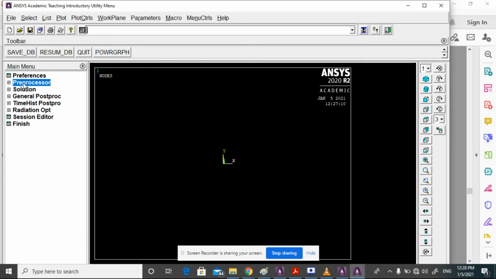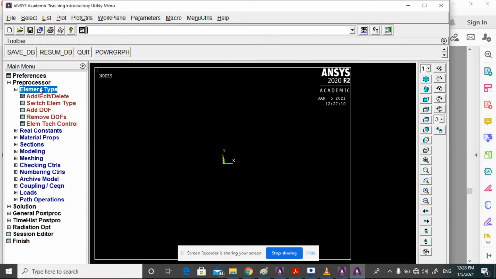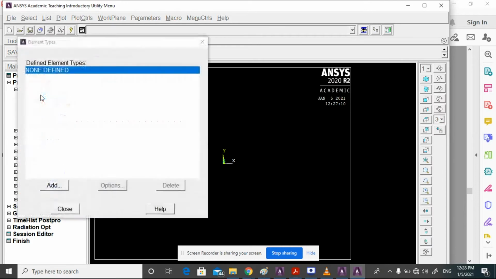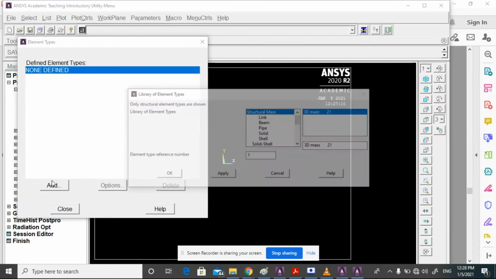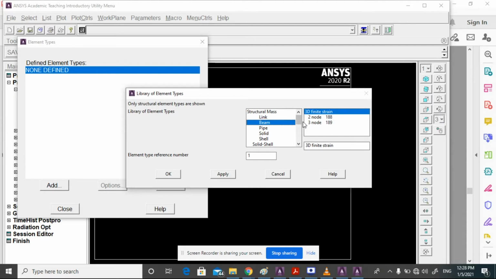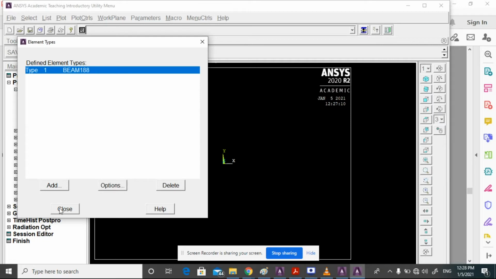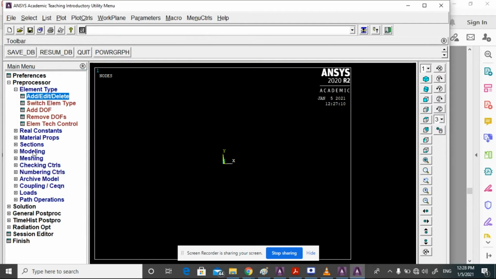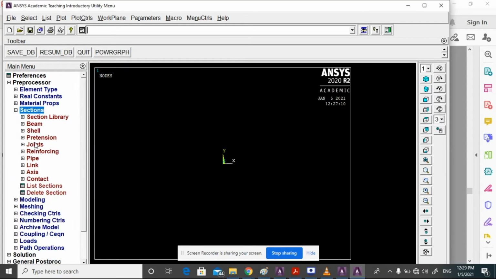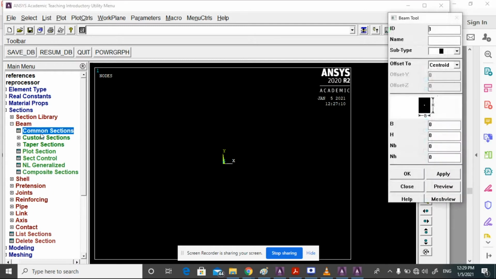Then preprocessor, element type, add beam 188, beam 2 node 188, and then OK. Section, go to sections and common section, beam and common section, select the correct sections of the beam,